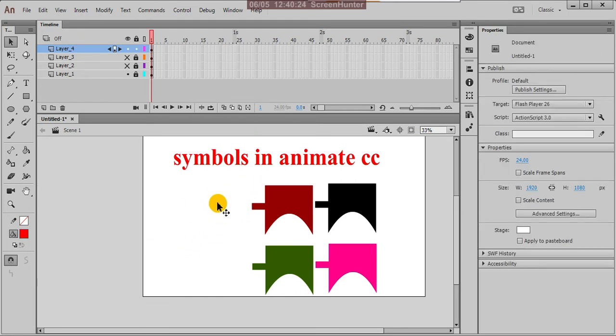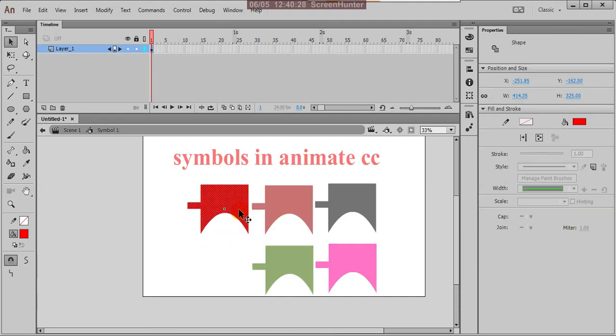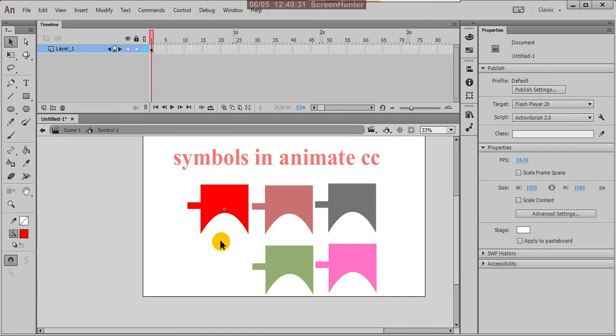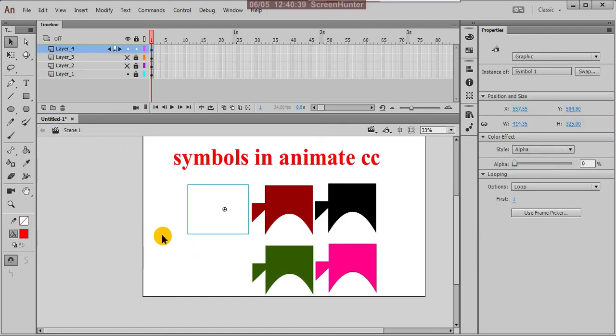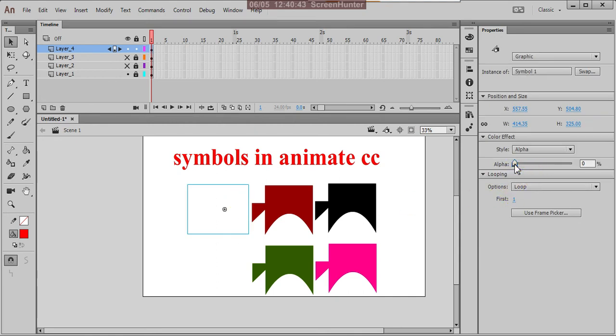your graphic instance is there, but there is no visibility, because you can double click on that, enter into that, and give the modification. I'm giving modification and it is applying for everything. Now you can improve the alpha value to 100%.